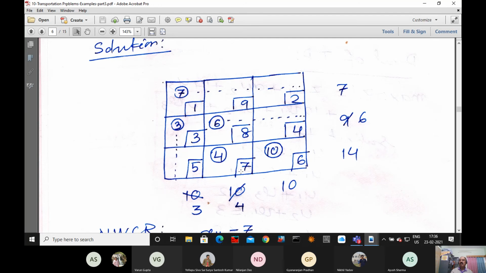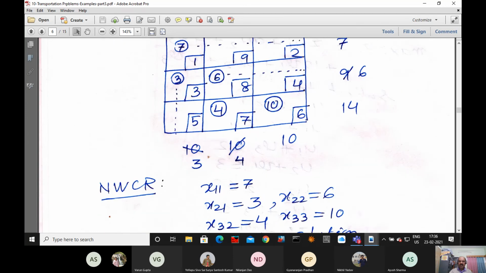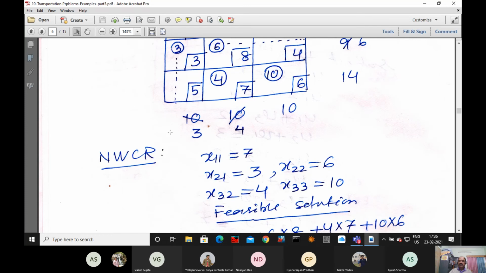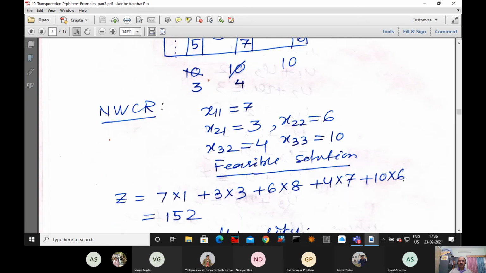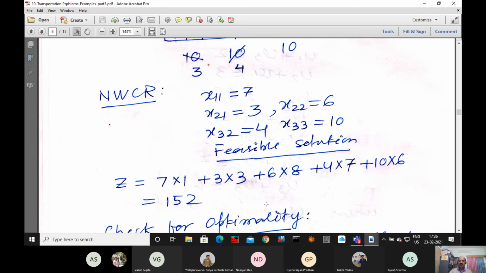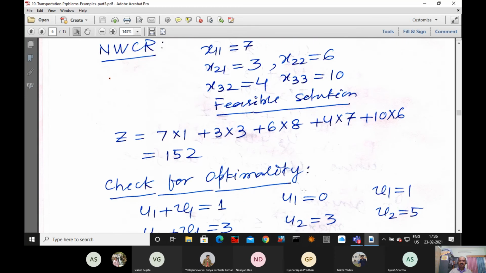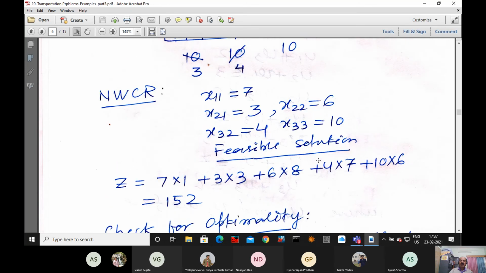So you have to see that the dual auxiliary function value may be 152 or less or more. Since it is minimization, it will be more, that will be less. But even if it is equal, we have to see that all the constraints are fulfilled. Now, this is the solution. The present solution we have taken is not optimal, it is a feasible solution. With respect to the feasible solution, the value of Z equals 152 units. So check for optimality. Now, how to check for optimality? We'll check optimality in this manner.